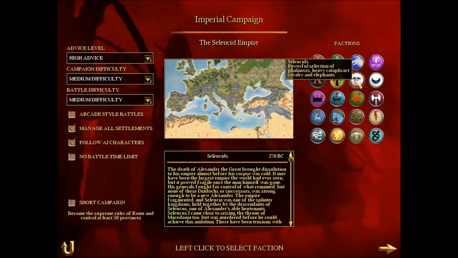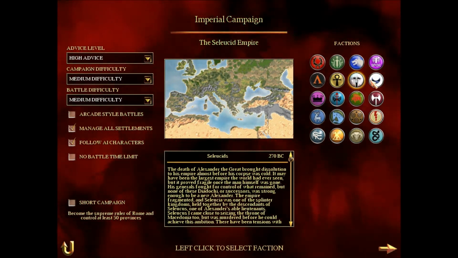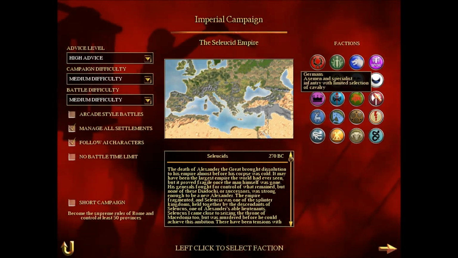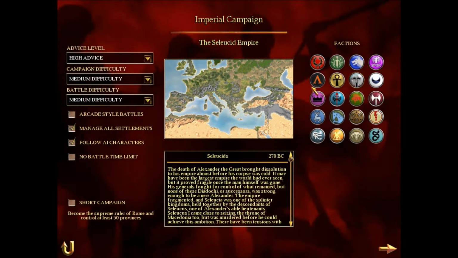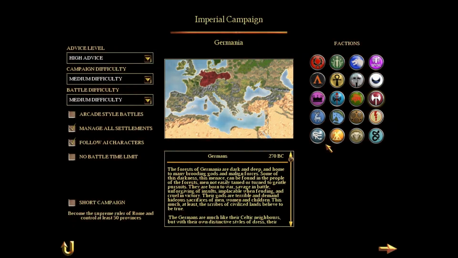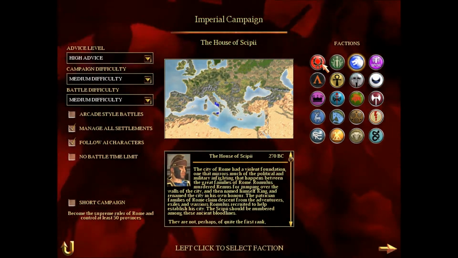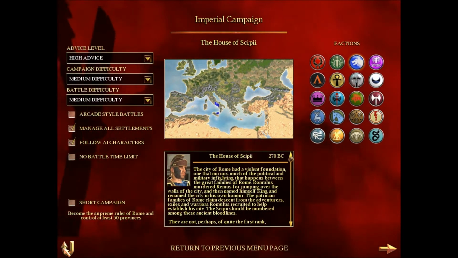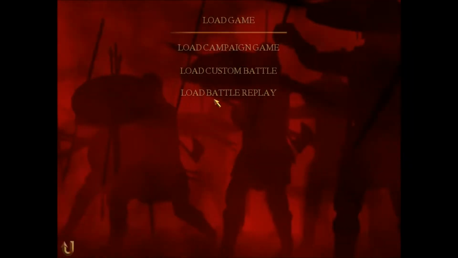If anyone here actually knows about Rome Total War and has a certain request of a faction you want me to play, then write it in the comments. That would be nice. I'm not really sure yet who I'm going to play as, because there's a lot of interesting factions in this game. I don't think I'm going to do one of the Roman ones. I want to do something else. But in order to make this a proper test, I am going to enter a game